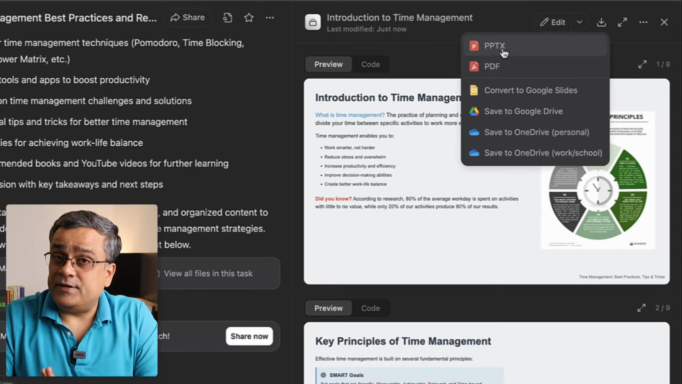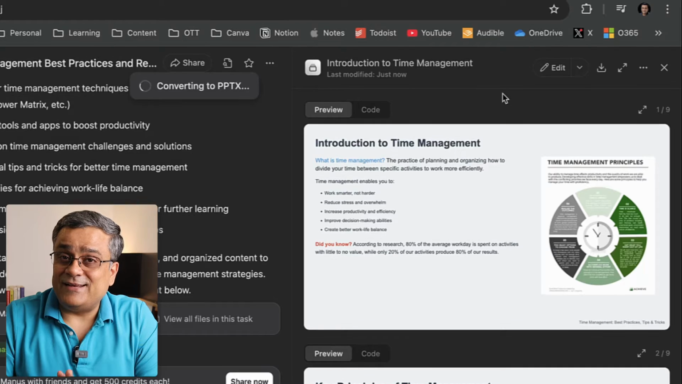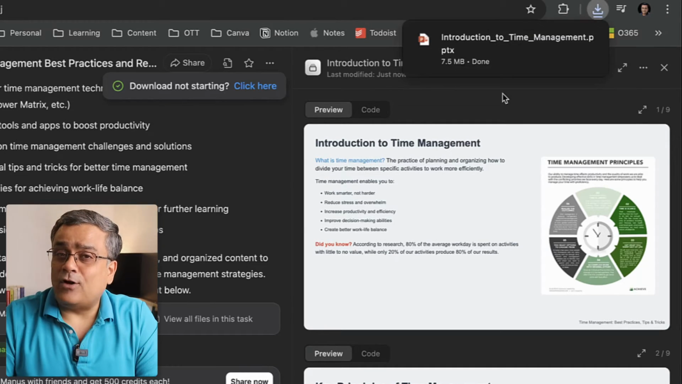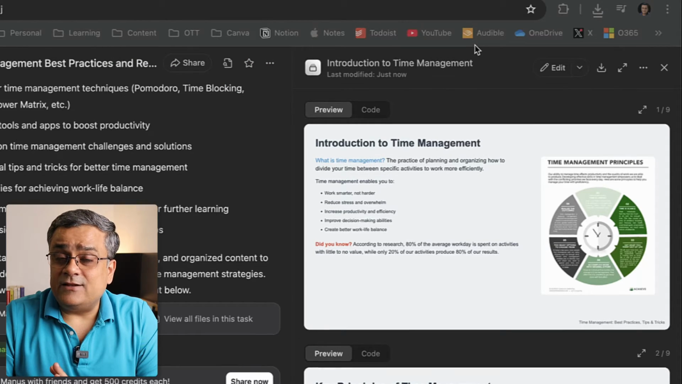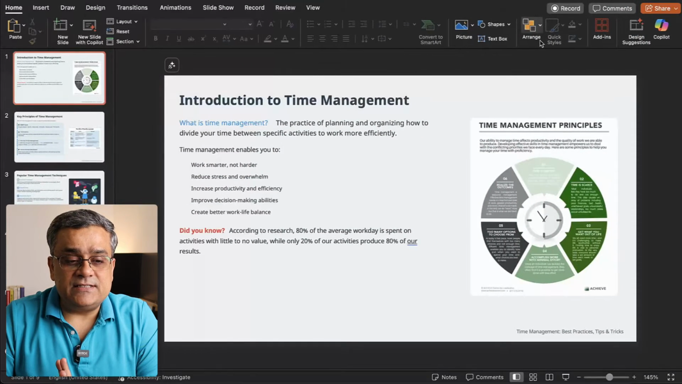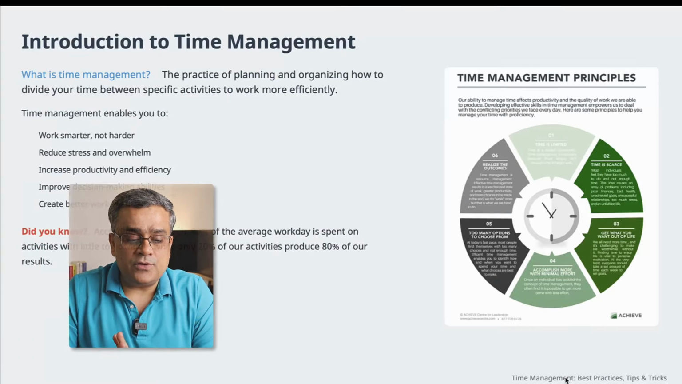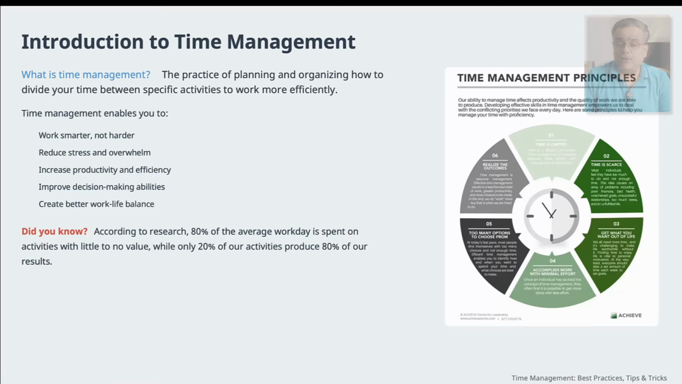I'll click on pptx, and once I get the file in pptx format, then we'll be able to see how it looks. You can also download it as PDF in case you don't want to edit it further. So if I now double click and open this file, you can see this is the presentation it generated. If I put it in slideshow mode, this is the presentation it created along with some of the